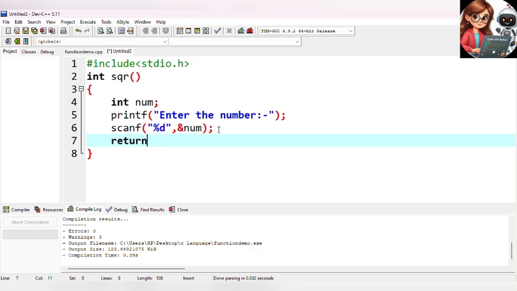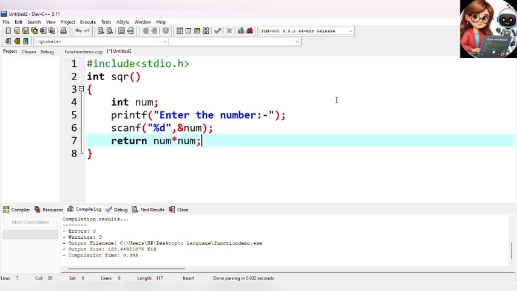I had mentioned in the slide, right? We are going to use return whenever any function type other than void is used. Okay, return, we are going to write num into num. Num into num. How do we square? The number times that number, right? For example, 5. 5 into 5 is the square of 5, right? 25.